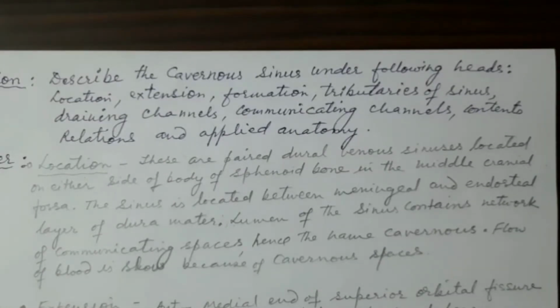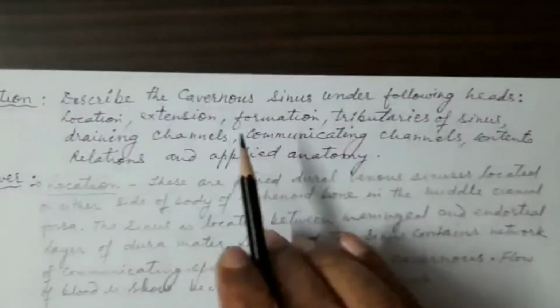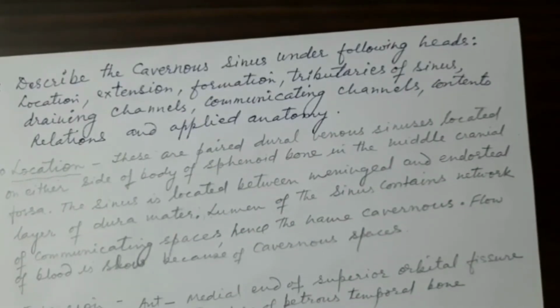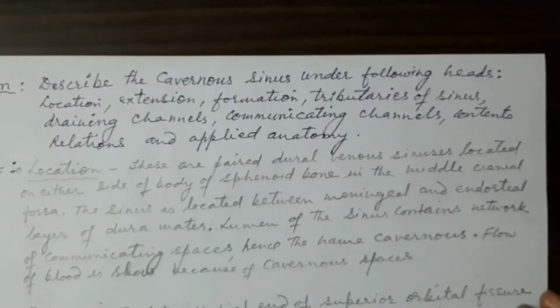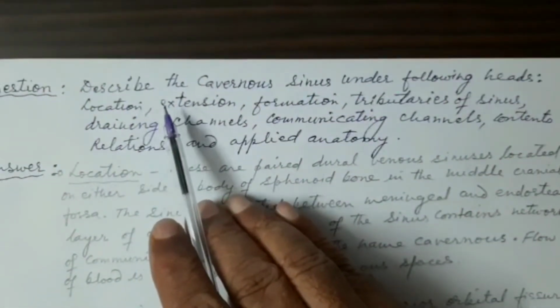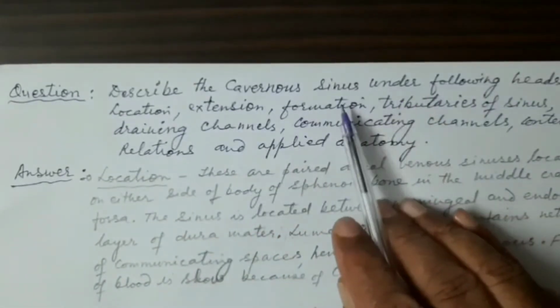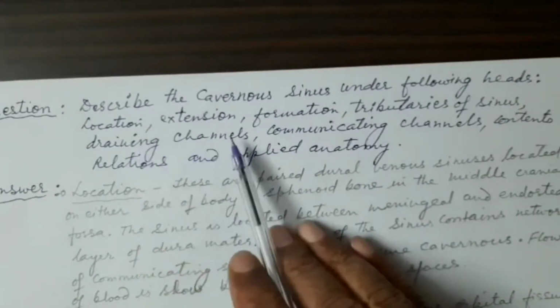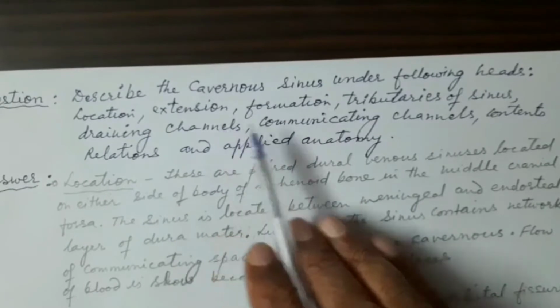Hello students, this is a long question and the question is: describe the cavernous sinus. This is a dural venous sinus. Cavernous sinus is a dural venous sinus. So the question is to describe the cavernous sinus under the following heads: location of the sinus, extension of the sinus, how it is formed,